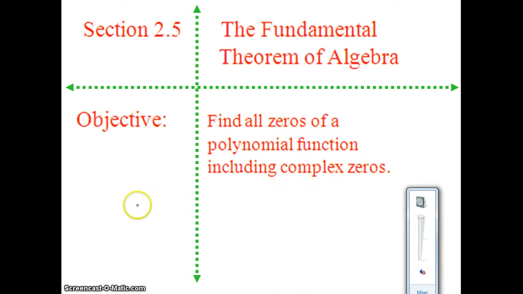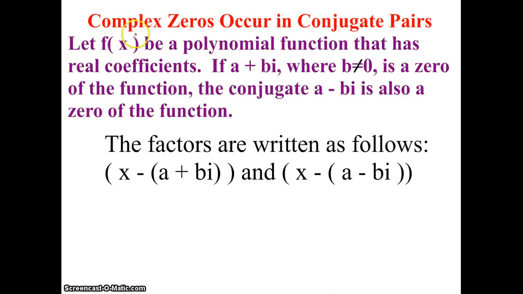So let's take a quick look at the complex conjugate rules. Okay, this says complex zeros occur in conjugate pairs. So what this is saying is that if you have some polynomial f of x and it has a zero that's a plus bi, then its conjugate a minus bi is also a zero. Which should make sense because if you remember from the quadratic formula,